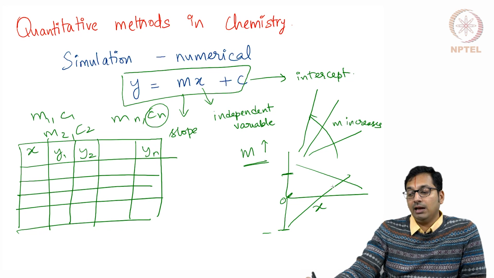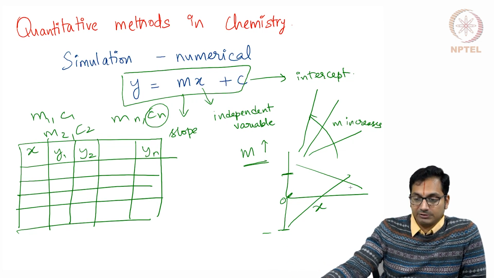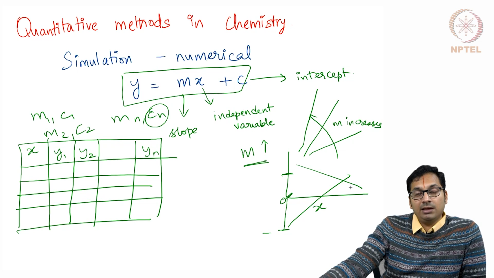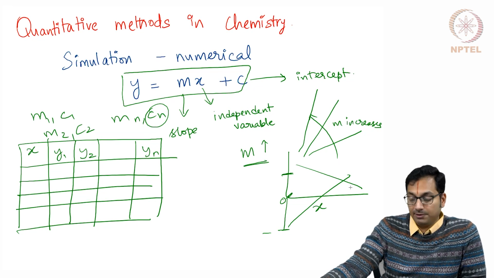And what you are able to realize is that for different combinations of m and c, you can generate a lot of straight lines. Why am I saying this? I am saying this because this is something that everybody can relate with, and we will start by understanding how the computation program, something like MATLAB, could help us simulate something that is a little more complicated. So we are going to take up the first example, and before doing that, we have to define a few set of syntax in MATLAB that we will end up using.